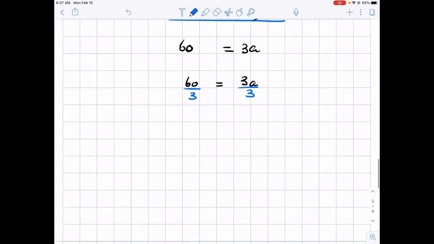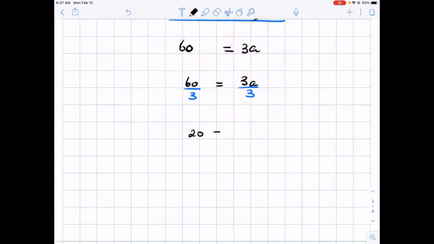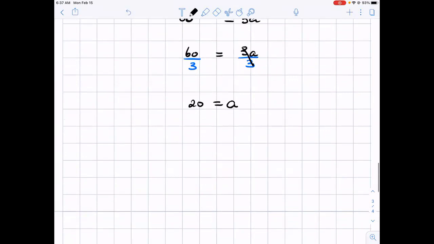And 60 divided by 3 becomes 20, is equal to 3 divided by 3 is 1, so that leaves me with 1a. So a is equal to 20. Now, remember, check. If a is equal to 20, and you put a into the denominator,